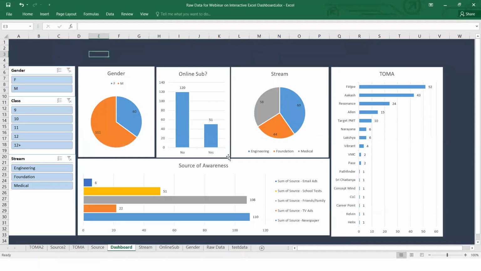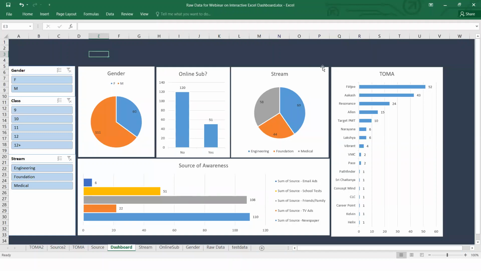So basically you have updated each and every view of your dashboard in a single click just by copy pasting data at the right place. So this is the beauty of the Excel dashboard, which you can incorporate in your projects. You can really make a dashboard out of any data that you have in Excel, and you want to present some insights to the management team. This comes in very, very handy.